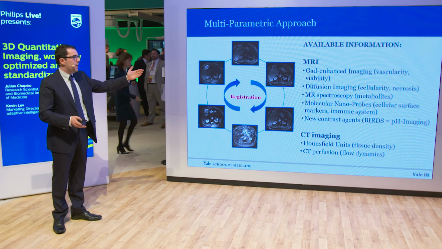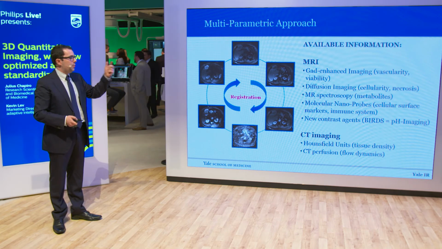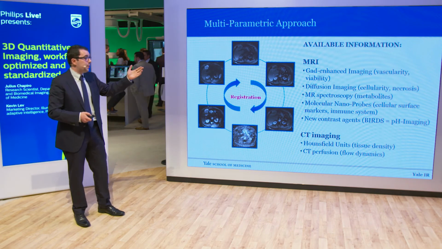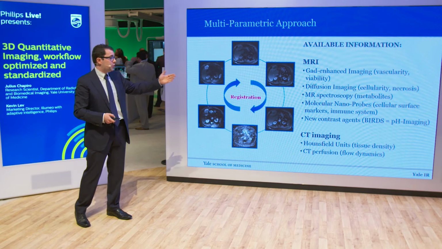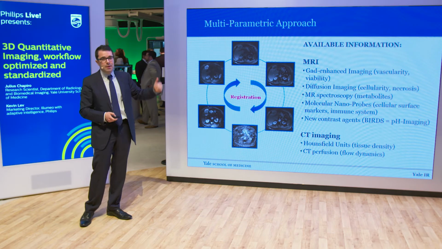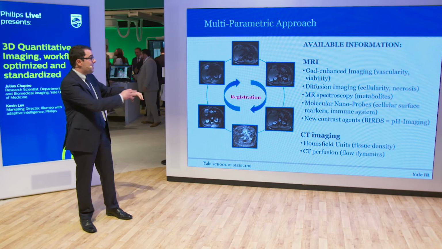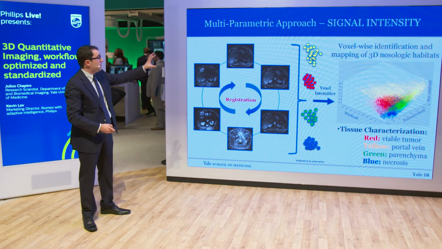We have the MRI, which provides you vascularity and information on viability. With diffusion imaging, you have information on cellularity and necrosis. With MR spectroscopy, some metabolites. And the future is going to be there, cell surface markers and immune system and new contrast agents for pH imaging. At the same time, CT also offers information on tissue density, flow dynamics. All that needs to be registered into one big framework, and what needs to be done is that we're then